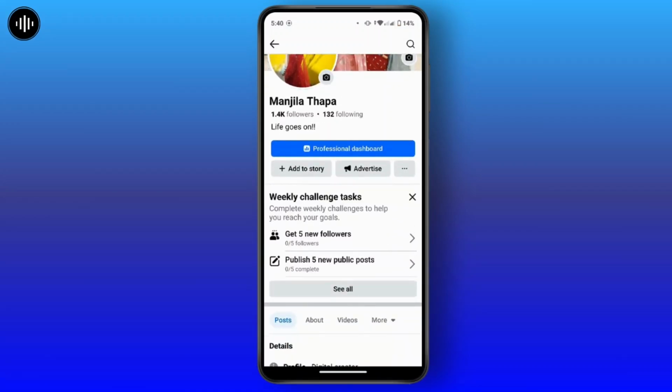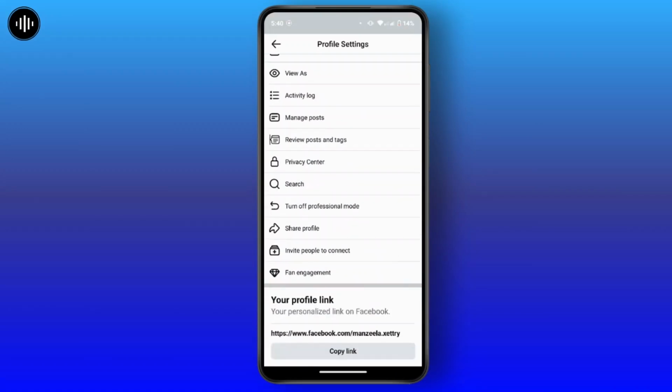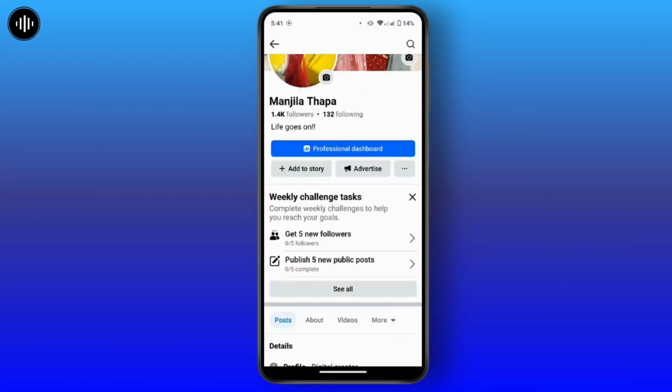Now, once you're on your profile page, first of all, you have to turn on professional mode. If not, tap on the three dots icon, and in this menu bar you will have an option to turn on professional mode. Tap on it, and once professional mode is turned on, get back to your profile page, and